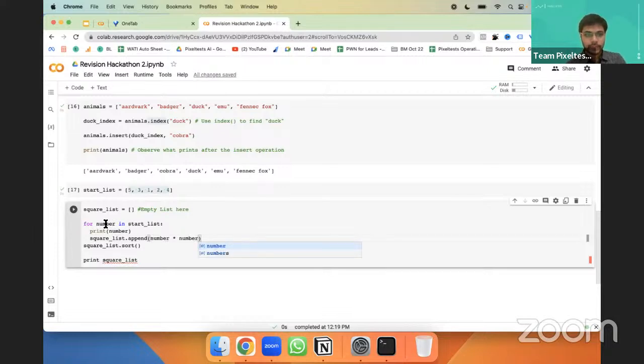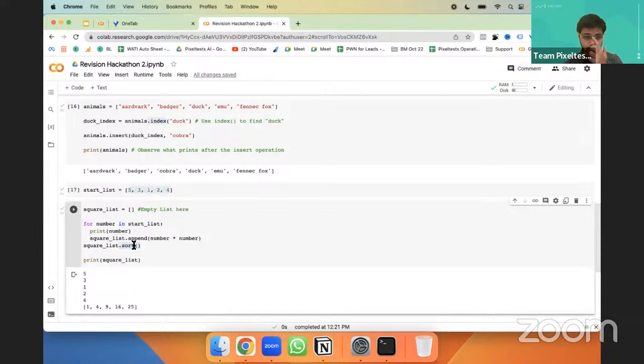So first it will take 5, and in square list it will add 5 into 5. Now I'm going to print this particular list. We are also using a function on a list called sort, so it is going to sort in increasing order. Let us try running.